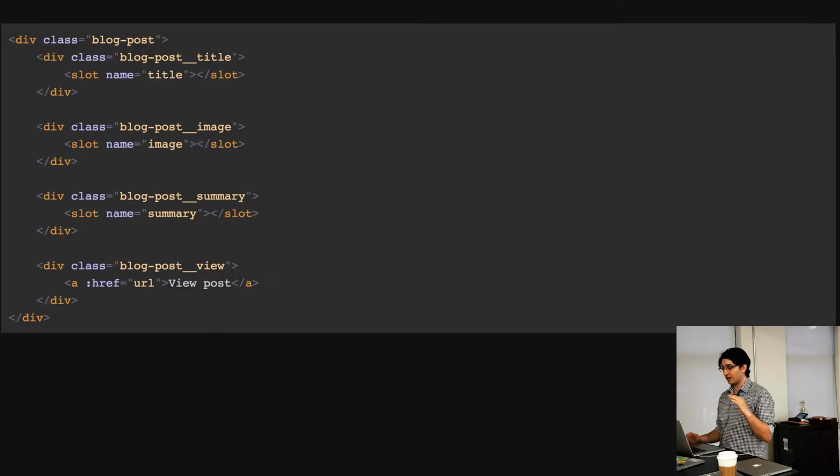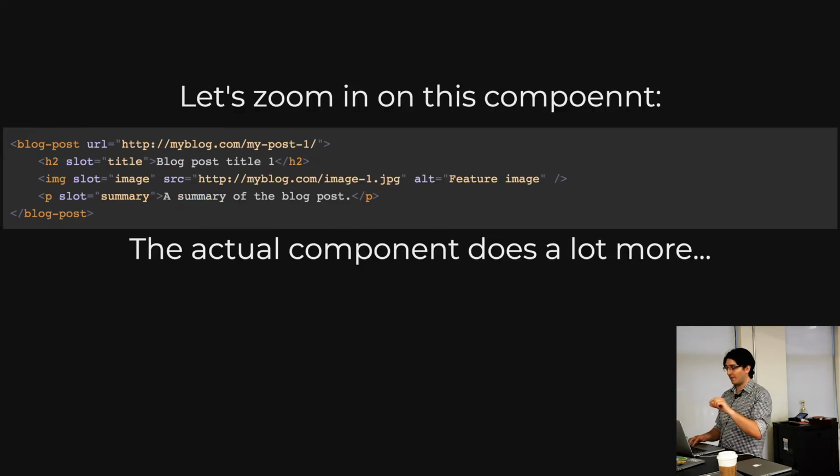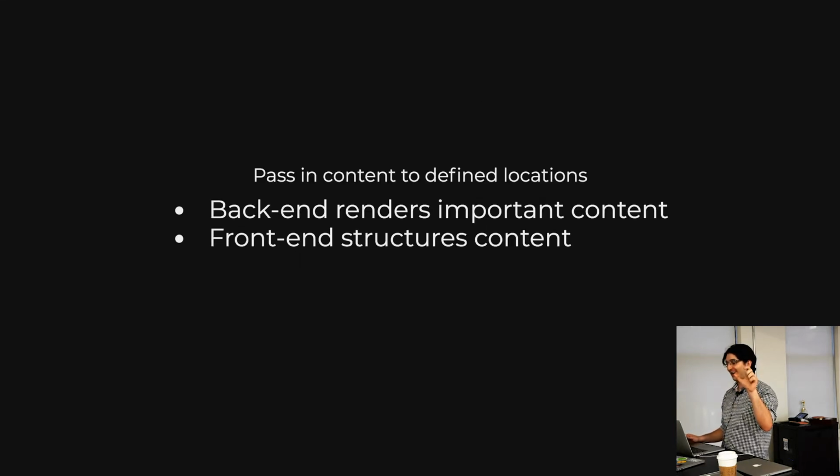And then when we actually look at the Vue component, we can see that these slots, you have this slot element, and this would be in your .vue file. You'd have this template, and you have this slot with the name, and so if we go back a slide and we see we have H2 slot title, that's going to get placed when Vue takes over. When Vue takes over and starts to render the component, it's going to take that content,